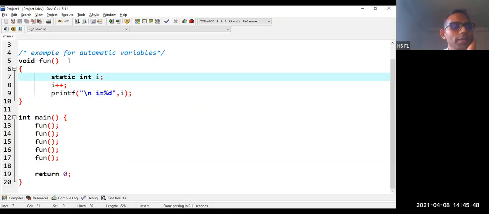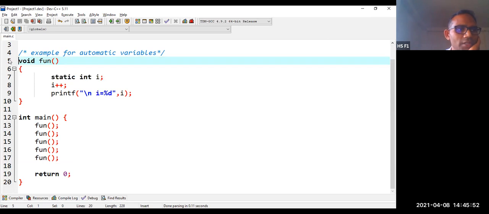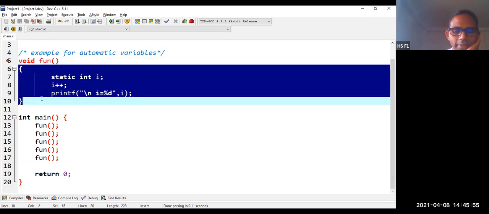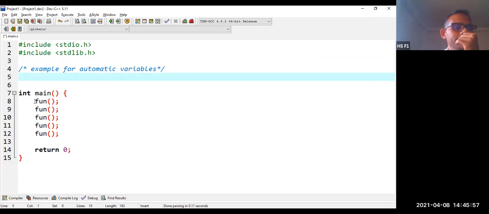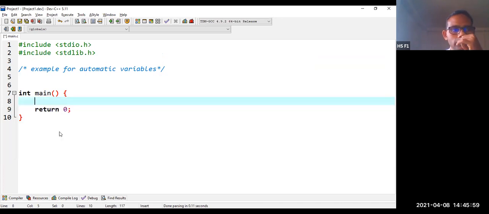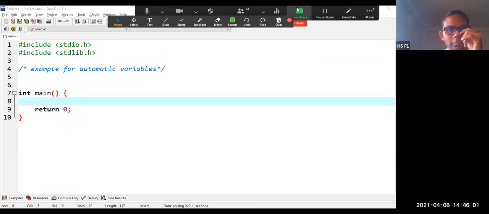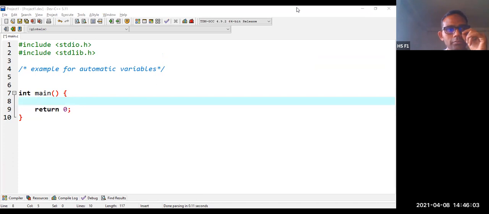So what I'm going to do here is remove this stuff. I don't want a function here. First, let me write the main function. Let us take a variable called val, or some variable of your wish.